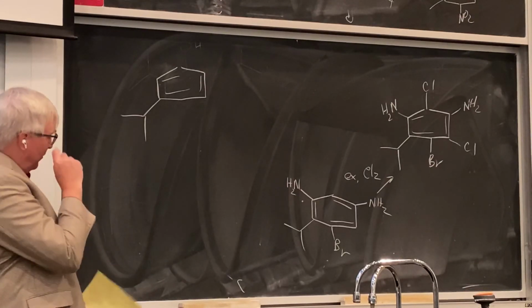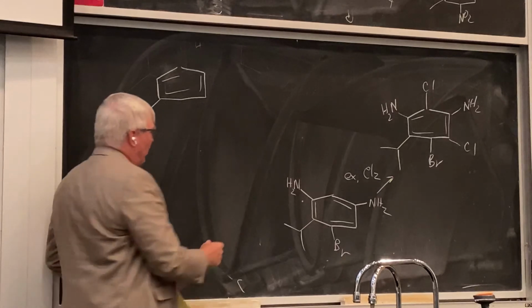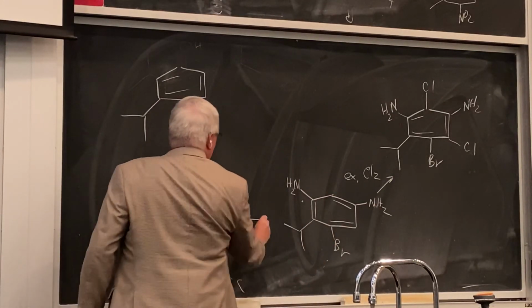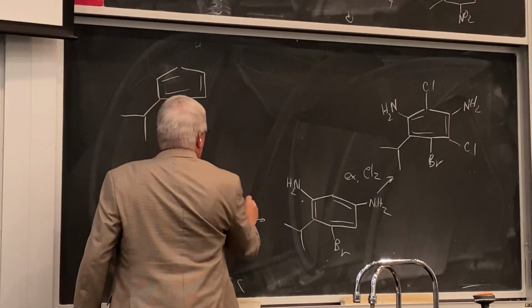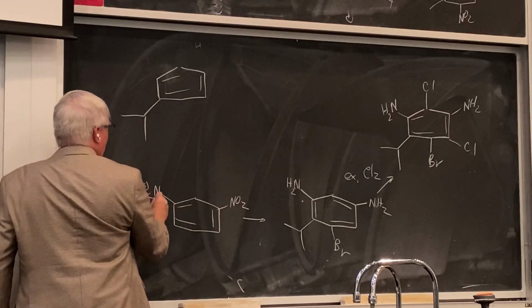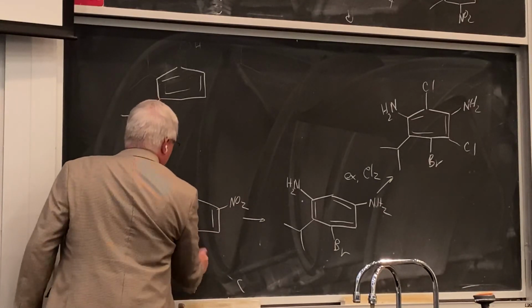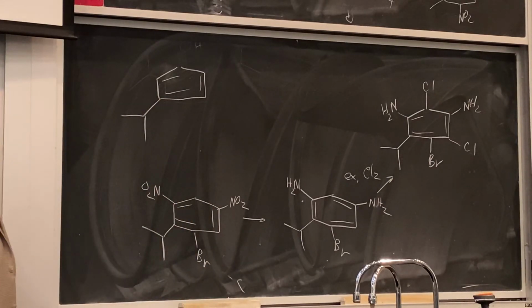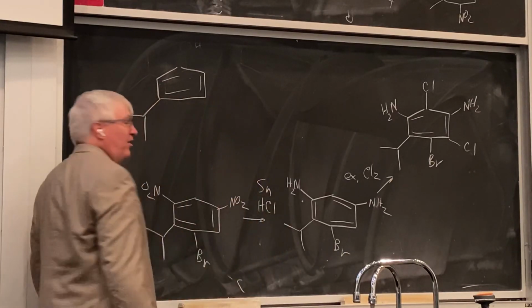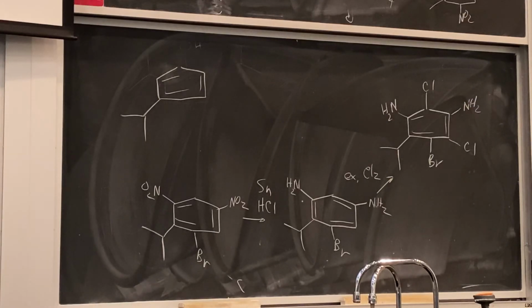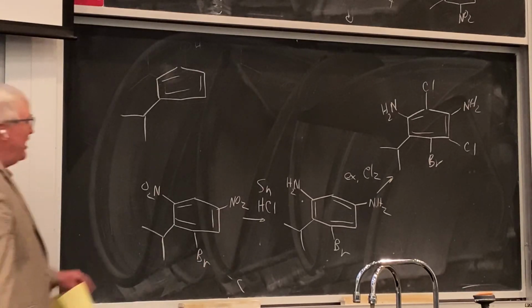So now we're to this, and let's see. So what can we do there? Well, we only know one way to make these amines for the aniline part there. We know how to do the reduction of the nitros. So yeah, we can put on a couple nitros, okay? And let's see. So yeah, we know how to do that. HCl and tin. Okay, Sn stands for stannum. That's the Latin name for tin, in case you were wondering why I was calling Sn tin. Okay, there's a lot of these Latin names lurking in the periodic table. Stannum is the Latin word for tin, but we'll just call it